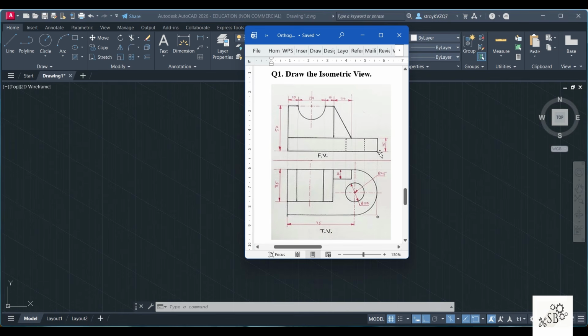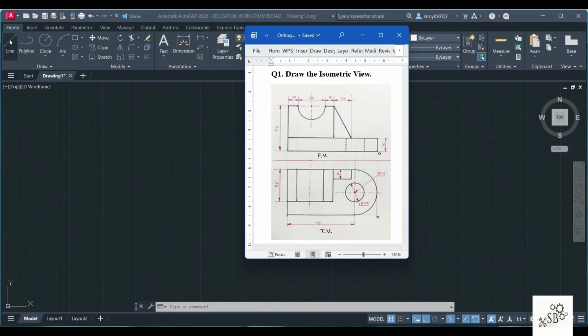So we will start from this point O. Here we will go backwards. So we are going to the left over here. This is my front view start, which will start from this point O. Now this entire distance is what we need. You can check here in the top view. This is 75 and this is R25. So 75 plus 25, this will be 100. This is 15. So we can start from here.